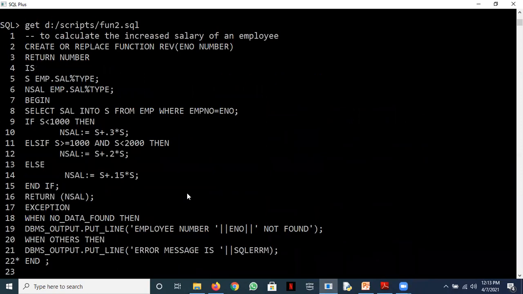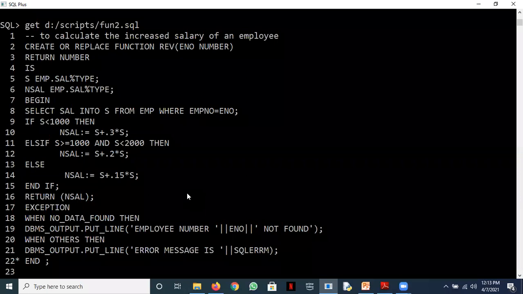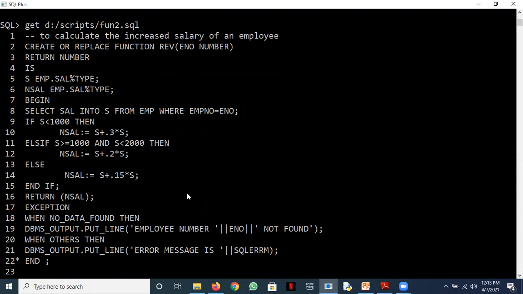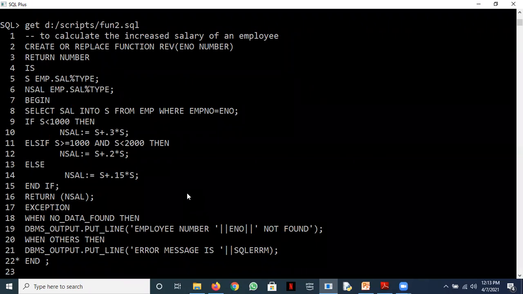7788 employee is having a salary of 1500. So what would be his new salary? You can raise your hands once you've finished calculating. The code is in front of you. It should be running this else if S greater than 1000 and less than 2000. So a 20% increase. You're taking too long to answer this question, I suppose. Okay. Sejal is quick to answer.